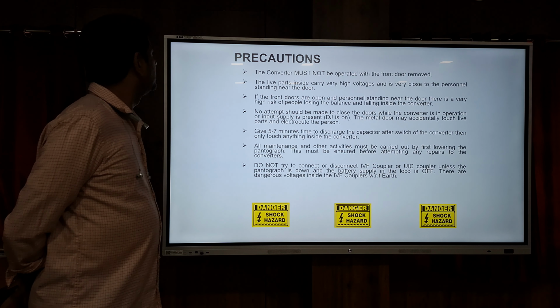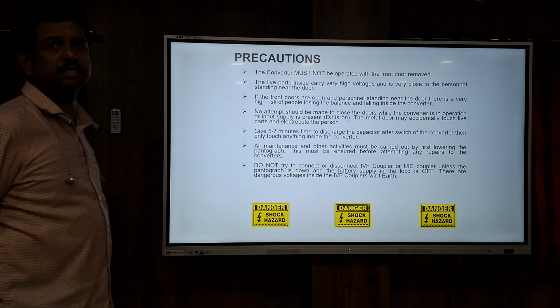Precautions. This is the safety instruction for the power car and all. The converter must not be operated with the front door removed. The live parts inside, this is mainly for the power car staff only. Important: do not try to connect or disconnect